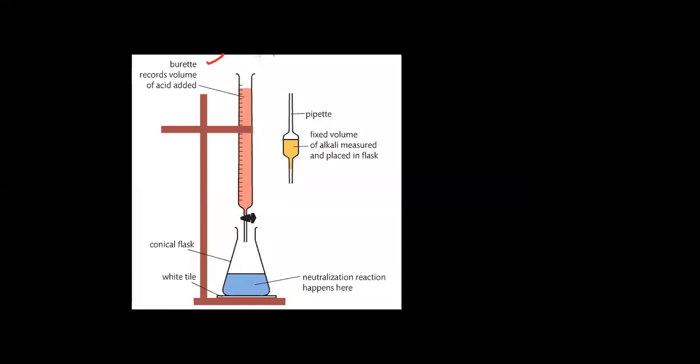Now what is this burette? This burette is a long cylindrical tube which is marked from zero here to 50 ml, 50 cc. This is the one we have in the labs. And the burette is filled with the acid or the base as per the instructions. It has a stopcock here, with the help of which you can regulate the flow of the solution into the conical flask.